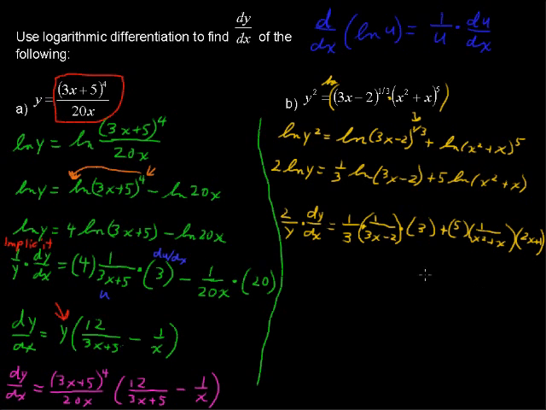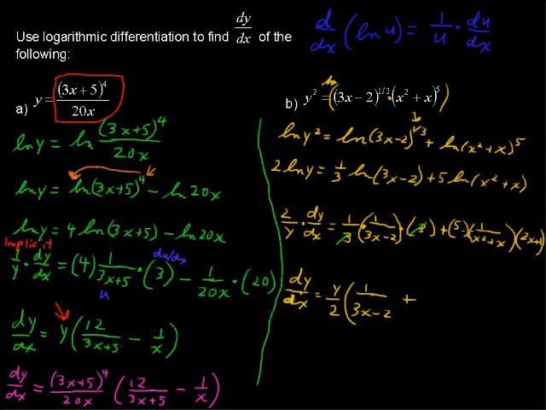All right, moving on. Let's kind of cut to the chase here. I've got dy/dx, and then multiplying by y over 2 to get dy/dx by itself. So I've got y over 2 multiplied by all of this stuff that I have here. So the 3's cancel. That's kind of nice right here. These 3's cancel. So back to it. I've got 1 over 3x - 2